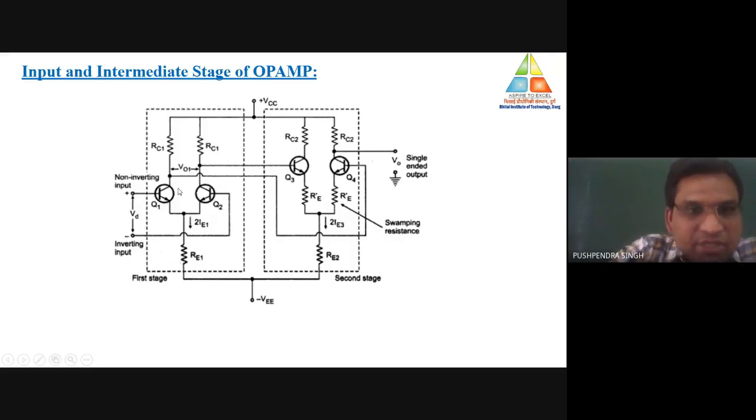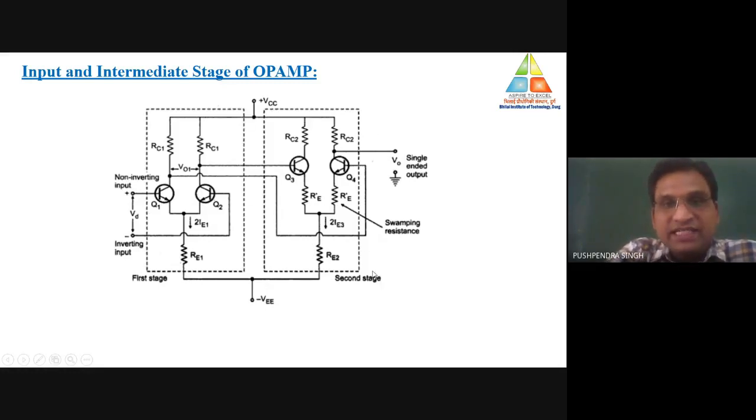You can see from here, in this circuit, 2 input signals are there. We are applying the input signal at the base terminal of transistor number 1, as well as at the base terminal of transistor number 2. So dual inputs are there. Also, where are we getting the output? At the collector terminals of both the transistors. So which kind of differential amplifier is this one? Dual input, balanced output differential amplifier. So the first stage is a dual input, balanced output differential amplifier.